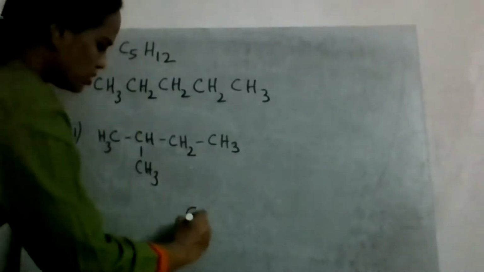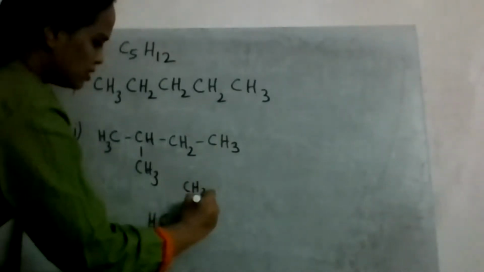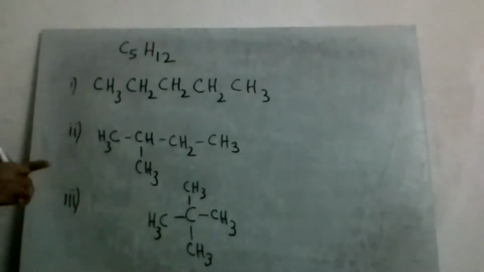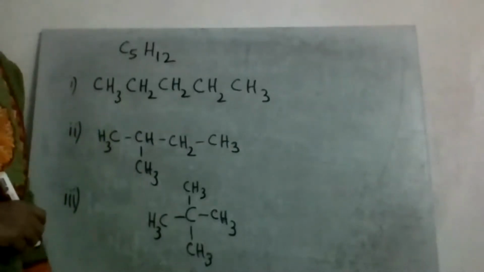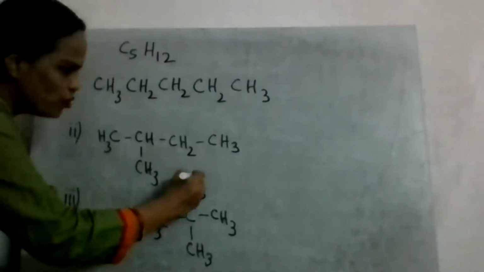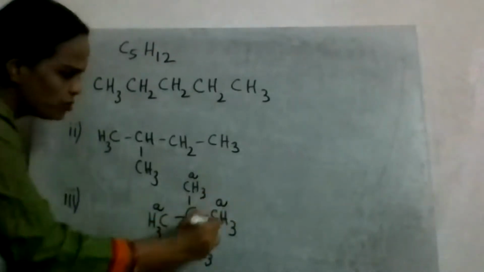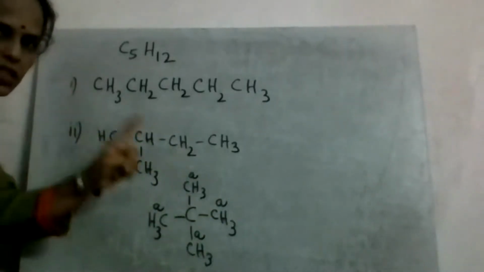Neopentane is when you put carbon in the middle, with CH3, CH3, CH3 and CH3. Five carbon atoms are there. Now see, the question is, you need to identify the one that on photochemical chlorination gives a single monochloride. Now see, single monochloride, replaceable hydrogen. If I remove a hydrogen from this carbon atom, or this carbon atom, or this carbon atom, from wherever I remove, I'll get the single monochloride.